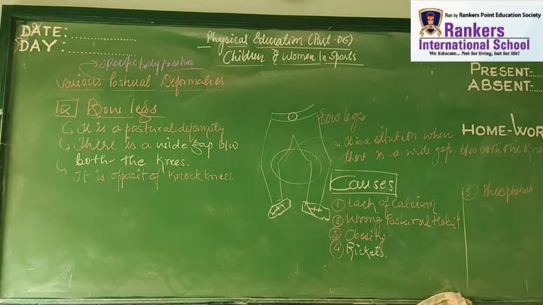Rickets is one of the main causes of bow legs. Children with rickets do not get enough calcium, phosphorus and vitamin D, which is vital for healthy bones, and it also results from abnormality of the growth plates, which are located at the end of bones. Overweight children definitely have more chance of bow leg, and an improper way of walking, forcing babies to walk earlier, definitely leads to a lot of problems. Never force a baby to walk at a very early age. These things we need to keep in mind.